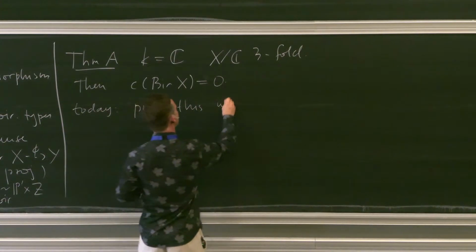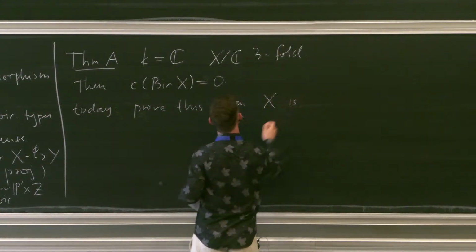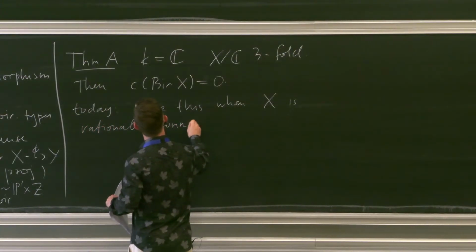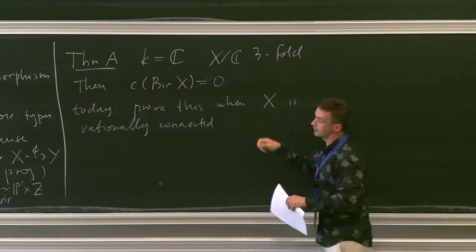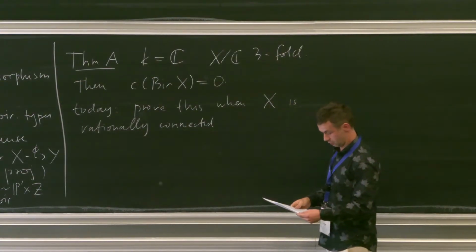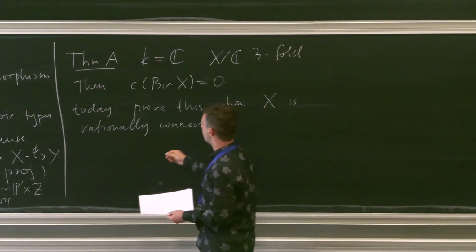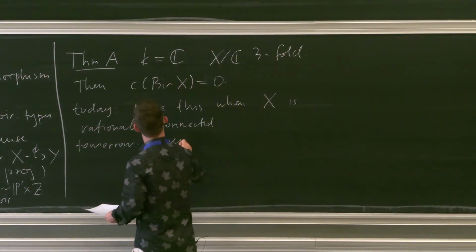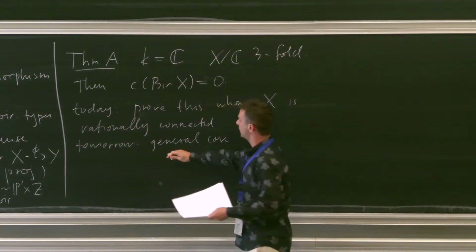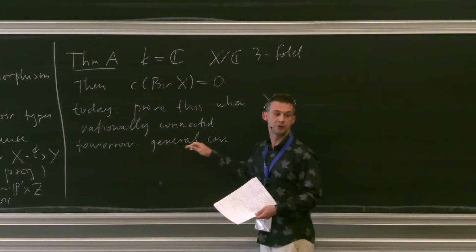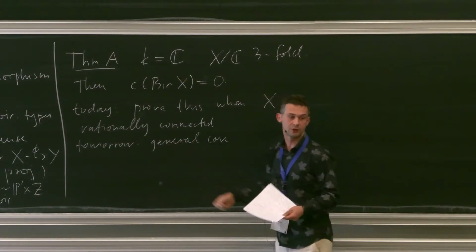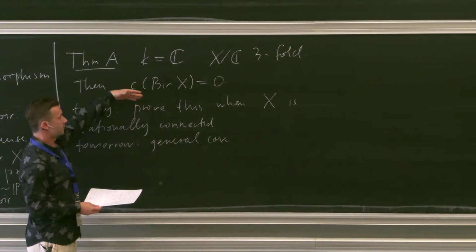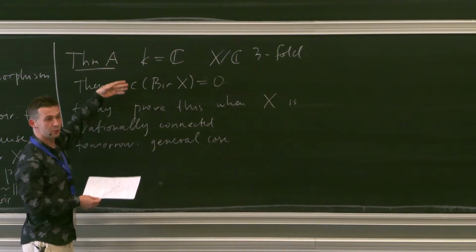So today we'll prove this when X itself is rationally connected. Meaning that two general points are connected by a rational curve or chain of rational curves. And tomorrow we'll prove the general case. The general case just uses slightly different technology. It's kind of easier, but the technology is a bit different. General meaning non-rationally connected. And I'll explain why this is needed and how it helps. But particularly this applies to Cremona 3 over complex numbers, where we don't say anything.